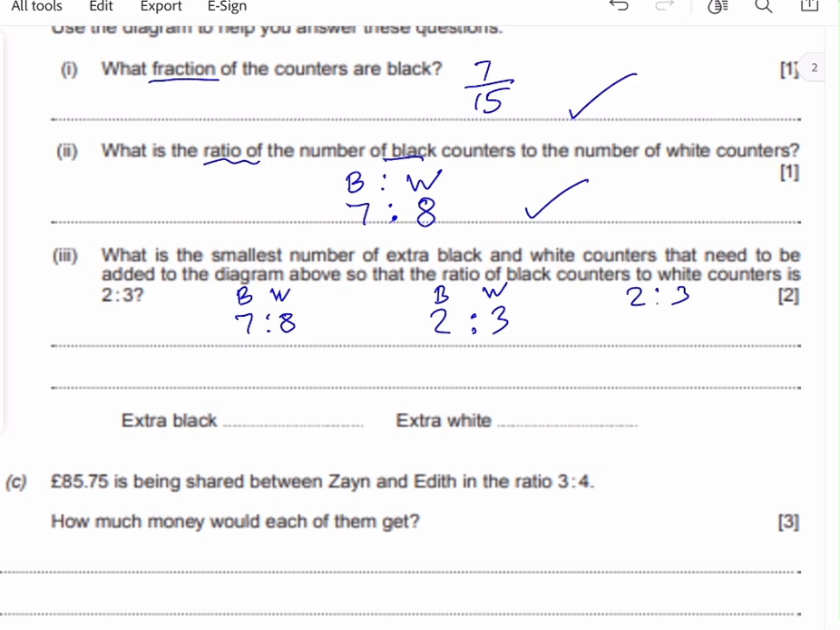Okay, let's start writing some equivalent ratios to 2 to 3. Double each number becomes 4 to 6. Triple each number, 6 to 9. Times each 2 and 3 by 4, that will give you 8 to 12. Times each number by 5, that will give you